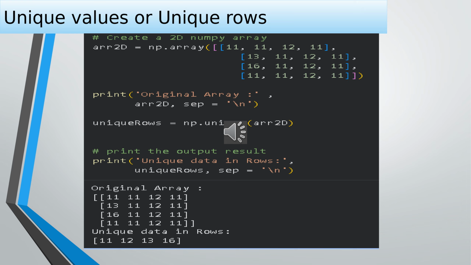The output contains the values 11, 12, 13, and 16. Each value appears only once, regardless of how many times it occurred in the original array. The np.unique function is widely used during data preprocessing to identify distinct categories, remove duplicate values, analyze datasets, and prepare data before applying machine learning algorithms. We can also find how np.unique can be used to find unique rows or unique columns by specifying the axis